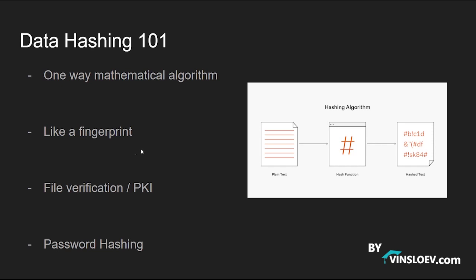And we're using this when we are verifying files and in our public key infrastructure, because for file verification it is important for us that we can verify that a given file is what it is expected to be. So for example, when you download a file from a website, you sometimes will see that it has an MD5 hash underneath or somewhere in the browser, and that is because you can use that hash value after you have downloaded the file on your machine, you can run it through an MD5 algorithm as well,